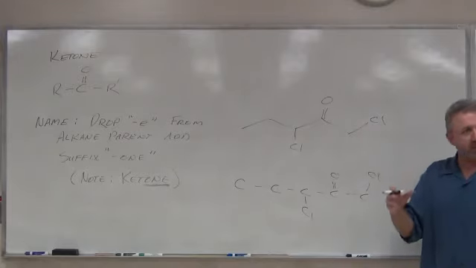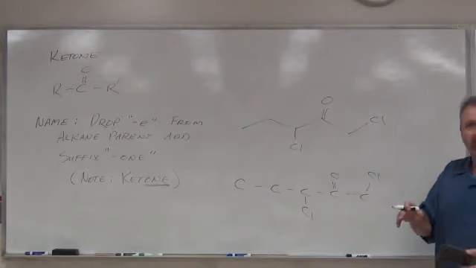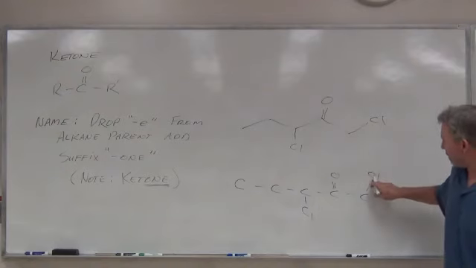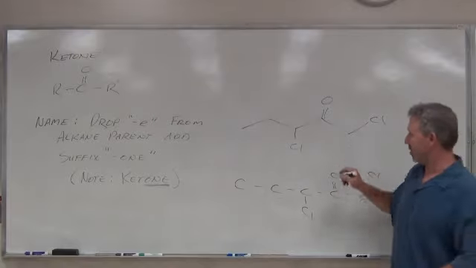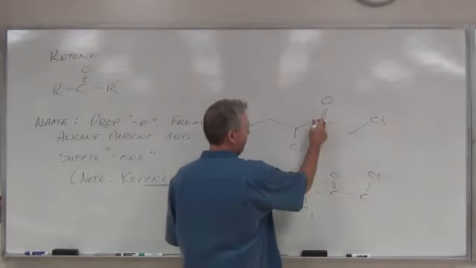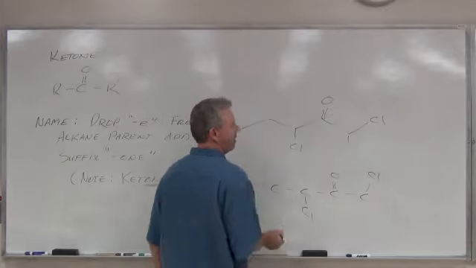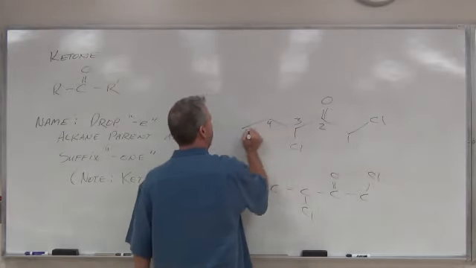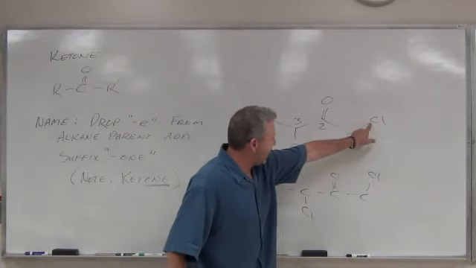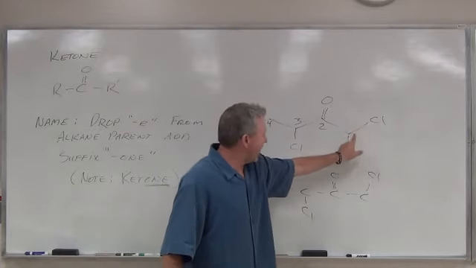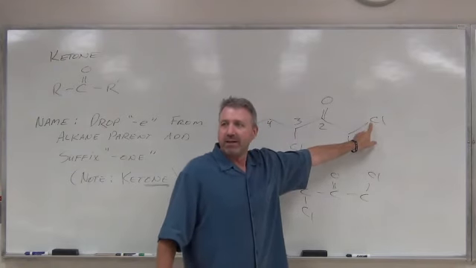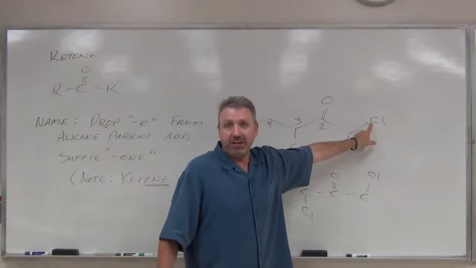Yeah, that's such a common mistake, okay? I want everybody to understand that. This N is nothing more than a bond that connects to the carbon. There's not another carbon there. So in this case, you're going to number from the side closest. This is carbon number 1, 2, 3, 4, 5. There's not a carbon here. All that is the bond that connects this carbon to that chlorine. I mean, the bond's got to end.